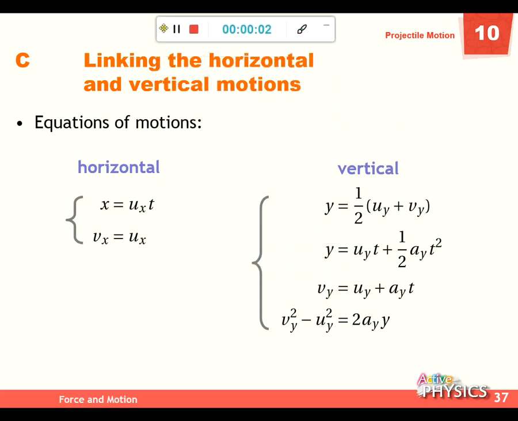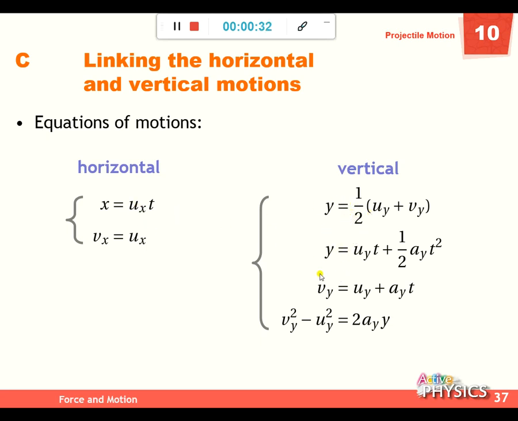Projectile motion, Chapter 10, Part C, linking the horizontal and vertical motion by using the formula. In the previous session, we learned that this complicated projectile motion is a 2D problem. You can resolve this 2D problem into two 1D problems, one for horizontal, the other for vertical. For the horizontal one, it is simple, we can